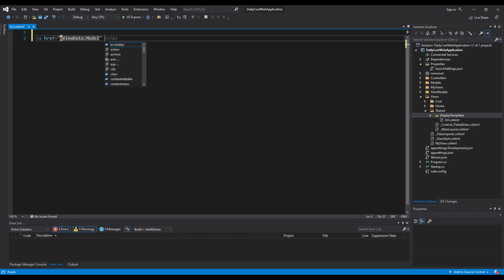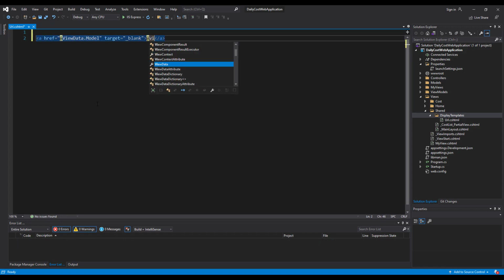And here I add target _blank, and for the label of this anchor tag I use again ViewData.Model. Also, I can add some style to this anchor link,